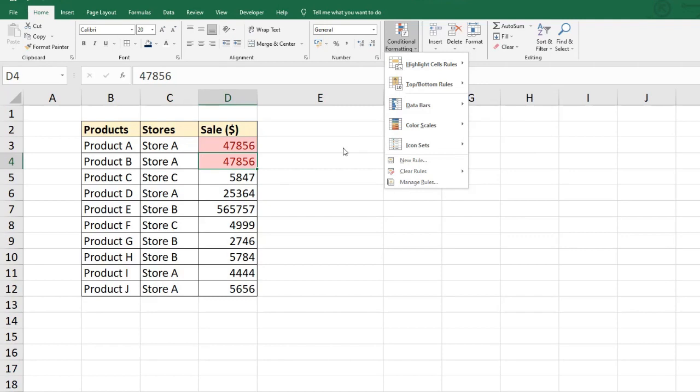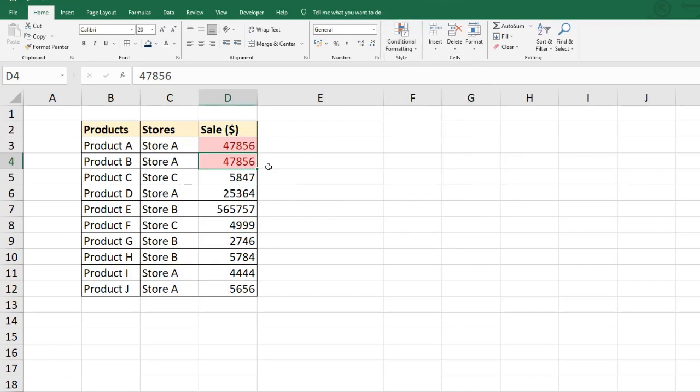There is one very beautiful feature in conditional formatting which I personally liked very much, which is data bars. You can make a quick graphical representation of your data by just selecting this option. So if you are in a hurry and you do not have any time to create your charts and graphs or other reports, you can use conditional formatting to quickly represent your data in these bar formats, and it really looks beautiful in your workbook.